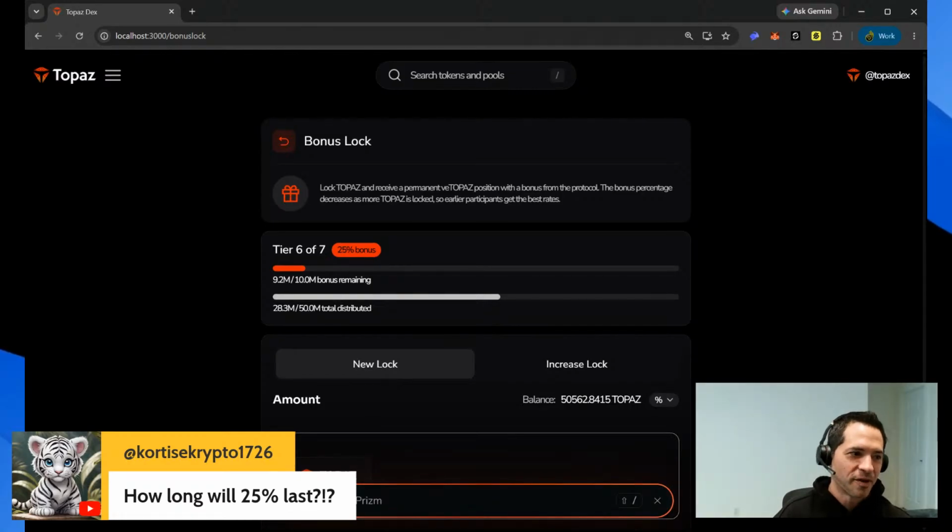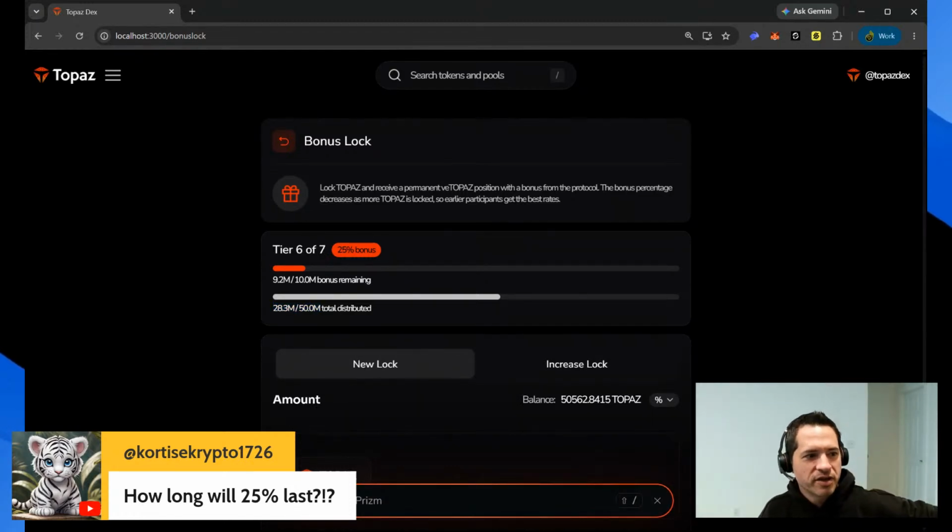So we've already got 28.3 out of 50 million distributed in terms of the total amount that we are bonusing on veTOPAZ lock creation. Wow, this has jumped by a couple million, I think, since I looked last. But yeah, there's 10 million total available with the 25% bonus. And if my memory serves me correctly, I believe that's going to put us at 37.5 million out of 50